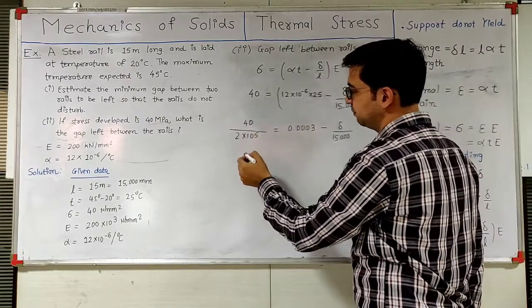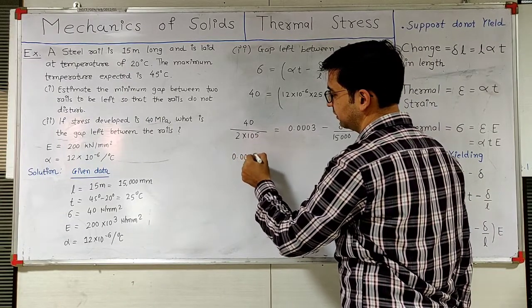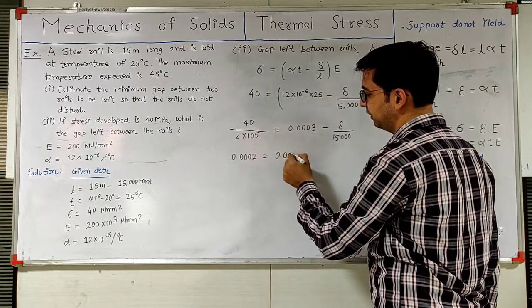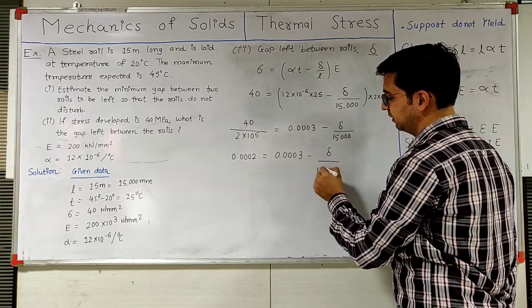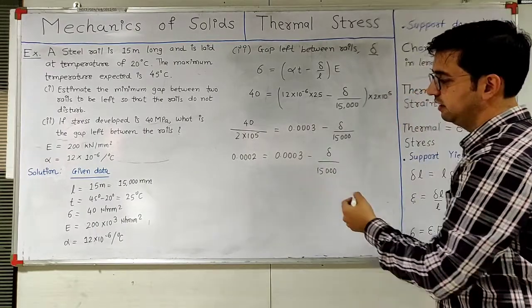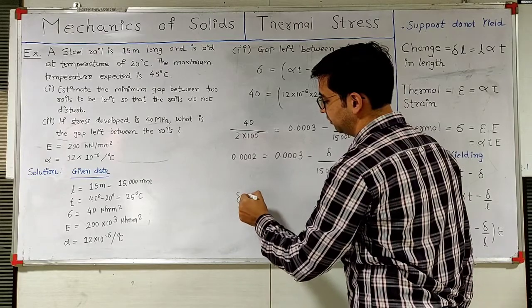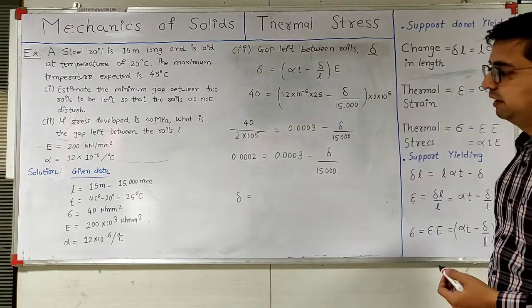By simplifying this, we will get 0.002 equal to 0.003 minus delta over 15,000. So by simplifying this equation, we get the value of delta, which is called the gap left between rails,